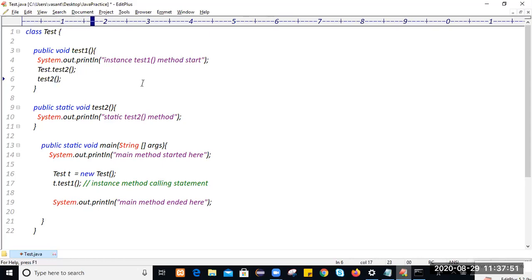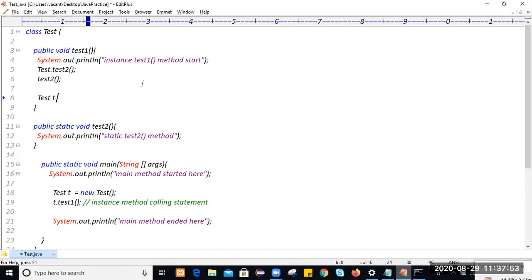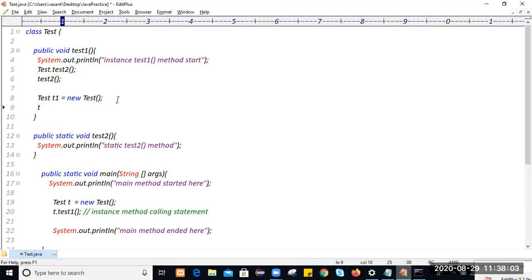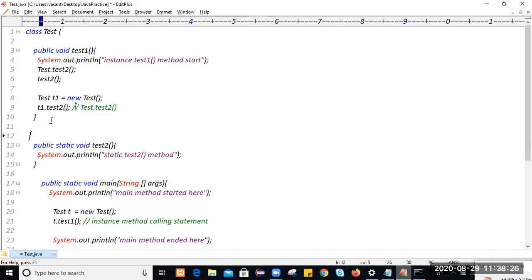or else you can call it by using object creation also. Let me create one more object, and give the name of this object T1. Again the instance method will get loaded into this object, and again you can call the test2 method on that reference from instance area. But here conversion will take place automatically. It will get converted into class name dot method name. A static method is always accessed in the static way, not the instance way. Okay. So similarly, let's suppose you have one method within this class. We have one function.